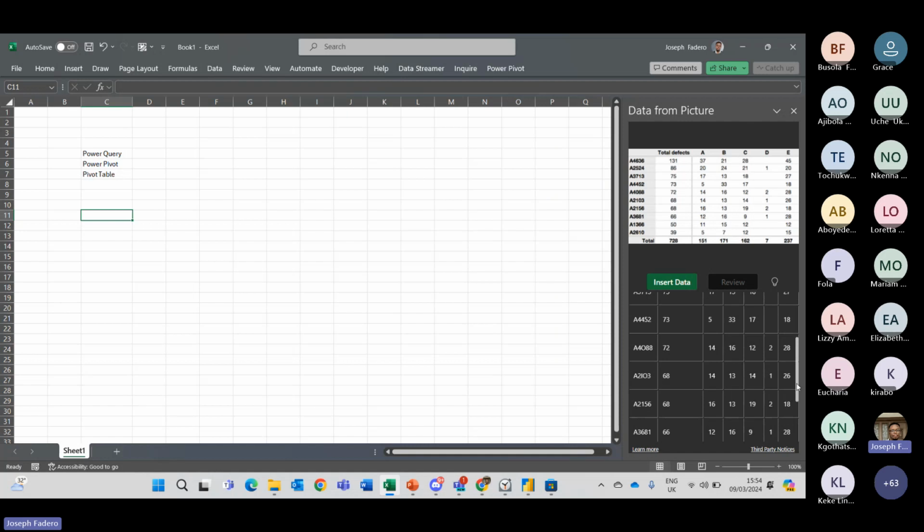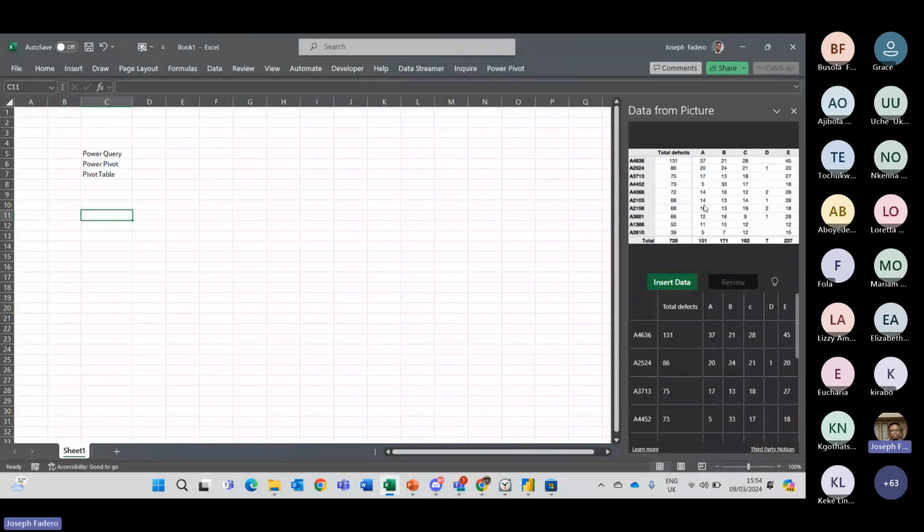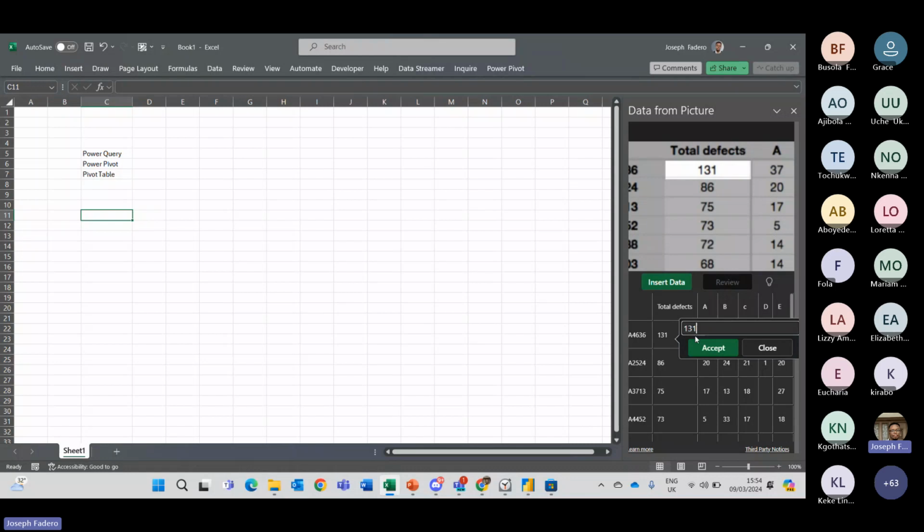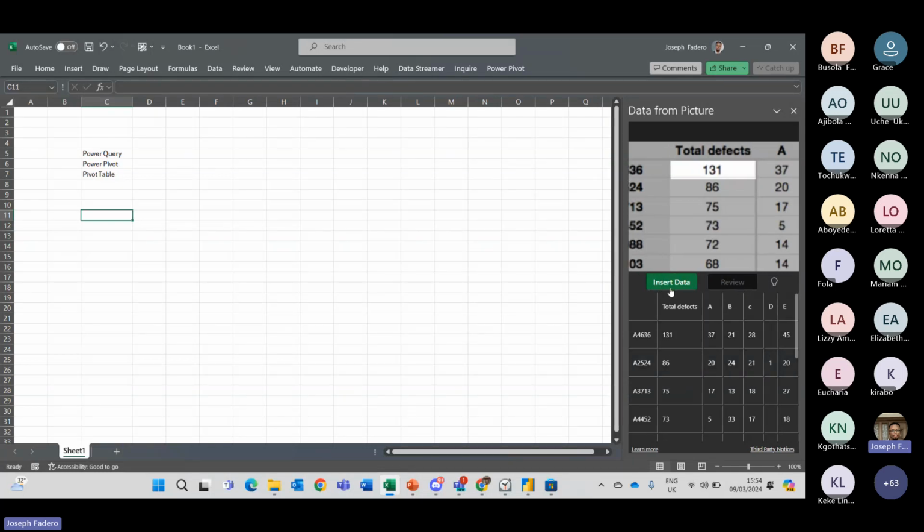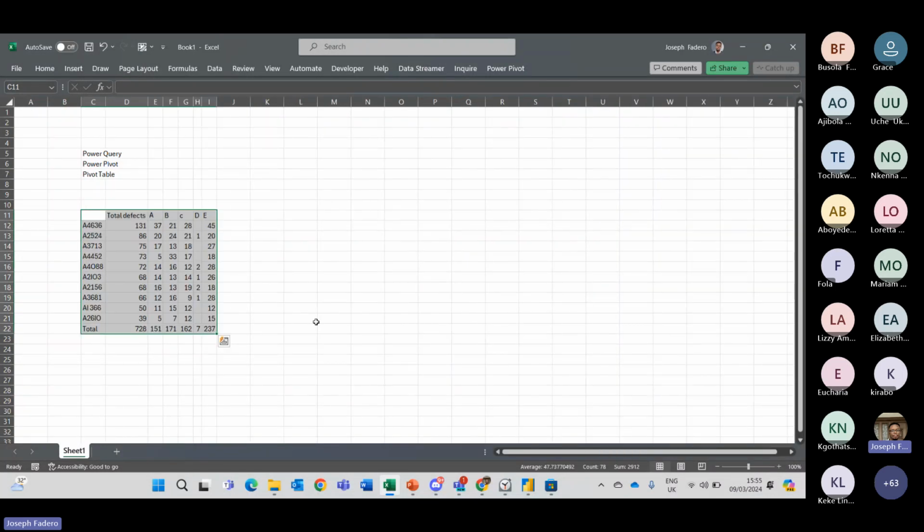Excel already looks through your data and helps you identify the necessary information there. If you are fine with it, you can insert it. If you want to change some things, you can edit it before you even bring in the data. So if you want to cross-check whether it's bringing in the right information, you can always edit it, and we can click on Insert Data. You are responsible for validating the accuracy of all the data, yes. And the moment we do that, we brought this information into our screen from a picture.